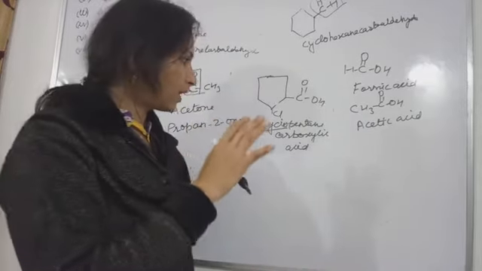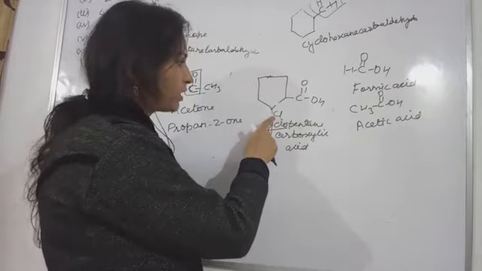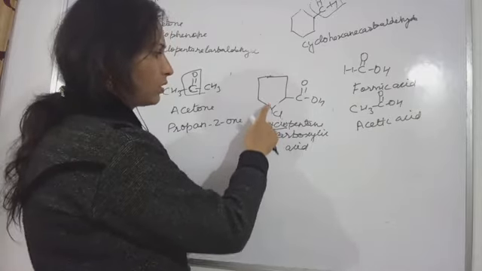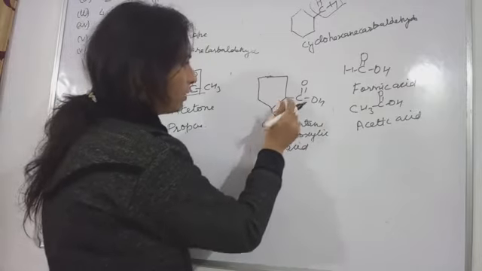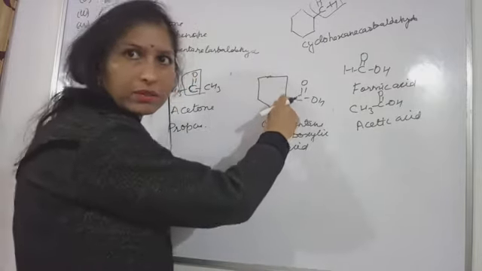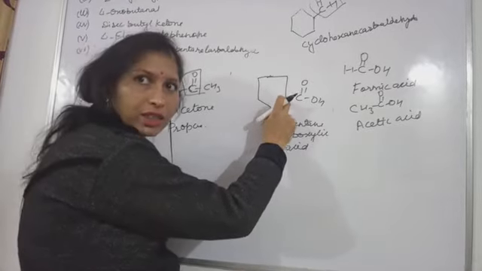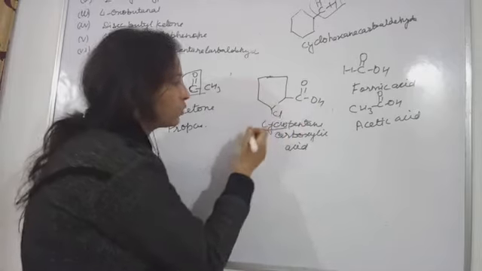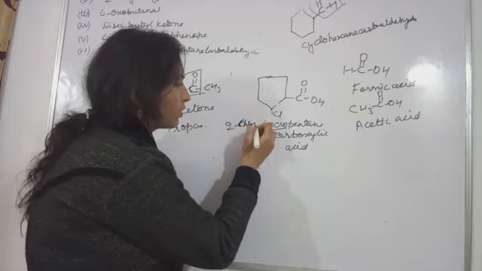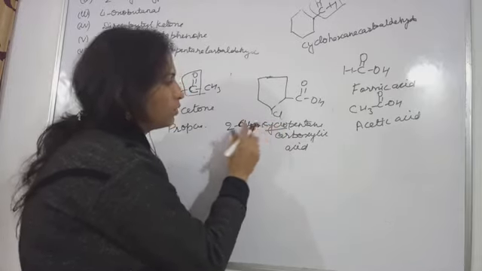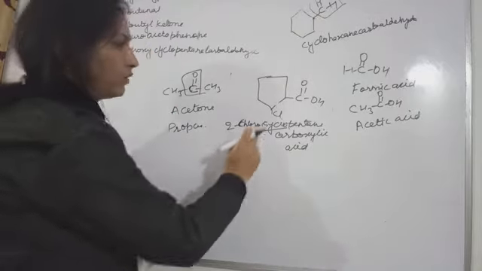So all those things are the primary prefix, and what will the secondary prefix be? Suppose this chlorine is also attached to this compound, so what name are you going to give it? The numbering will start from this carbon, because this carbon possesses the functional group. So 1, 2, this is 2-chloro. This will be 2-chlorocyclopentane carboxylic acid. This will be the name of this compound.